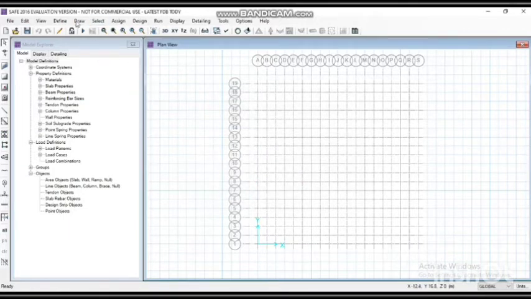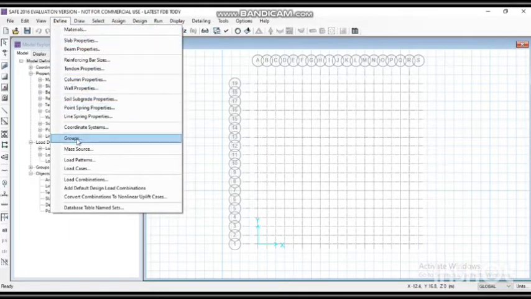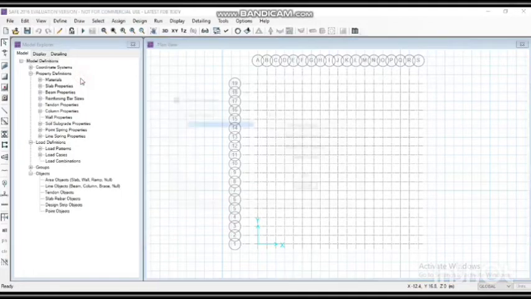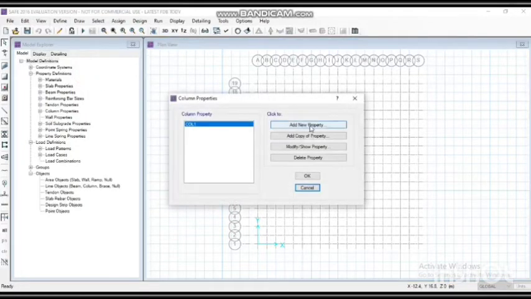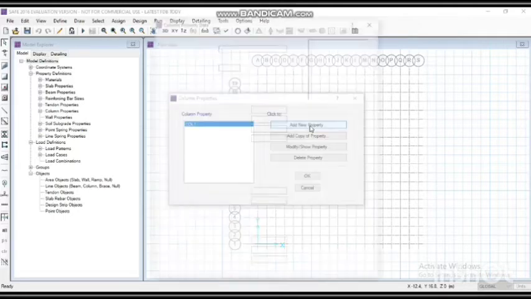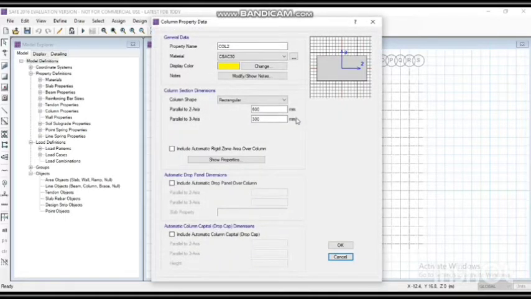Now again go to the define menu and select column properties. Click on add new property. Add the columns of 500 by 500 first. Name the column as column 500 by 500. Make the material concrete M40 grade and change the sizes of column: 500 in X direction, 500 in Y direction.